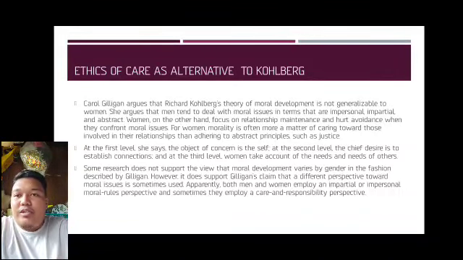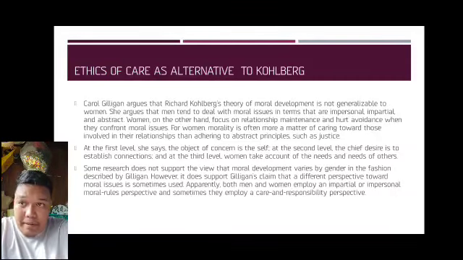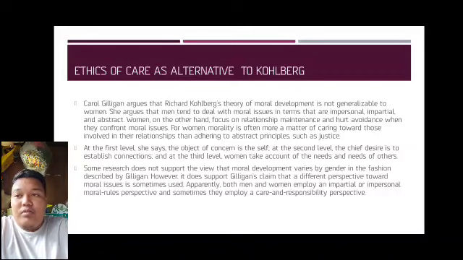Carol Gilligan argues that Kohlberg's theory of moral development is not generalizable to women. She argues that men tend to deal with moral issues in terms that are impersonal, impartial, and abstract. Women, on the other hand, focus on relationship maintenance and hurt avoidance when they confront moral issues. For women, morality is often more a matter of caring toward those involved in their relationships than adhering to abstract principles like justice. Carol Gilligan is an American feminist, ethicist, and psychologist